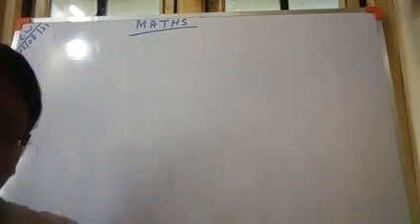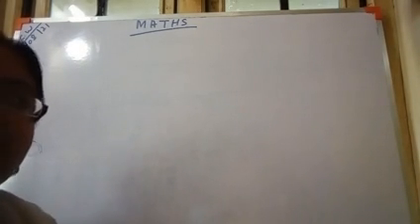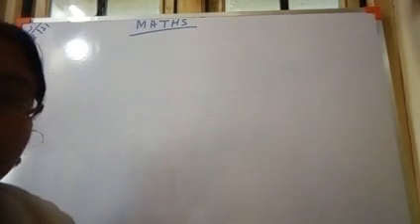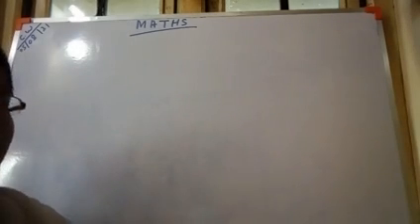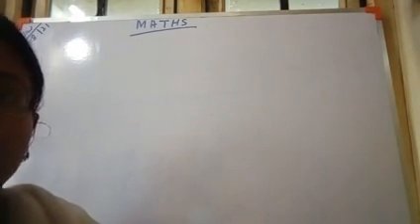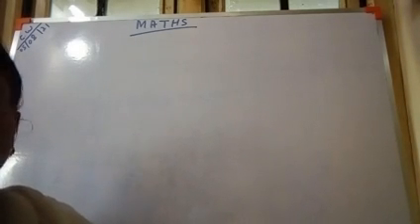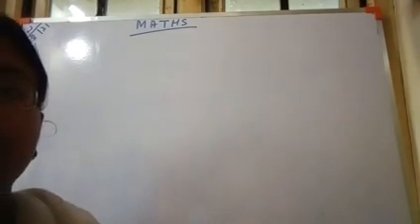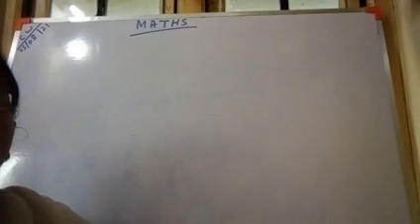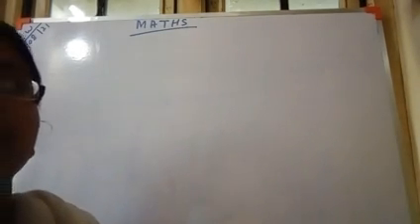So children, as we are doing the forward counting, it is also smaller number to bigger number. So the meaning is that while doing the ascending numbers, you keep in mind the forward counting. If you know the forward counting well, you can do ascending order very well. Okay, so children, ascending order once again means smaller number to bigger number.